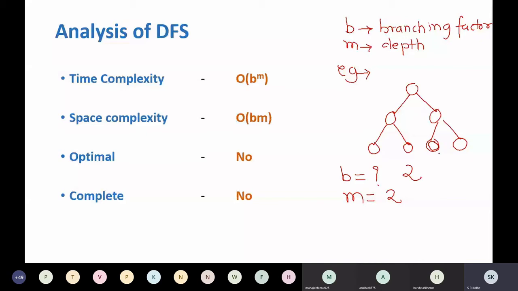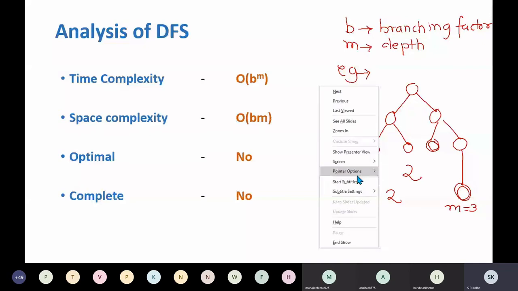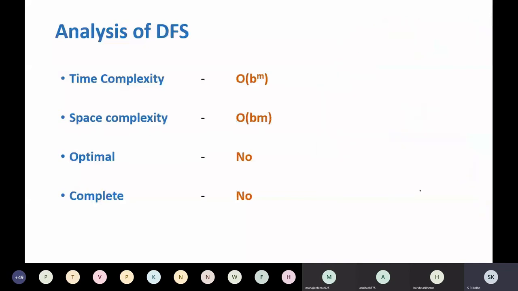But if the solution is somewhere here instead, then M is, sorry, 3. In this case M is 3. So this is what B and M mean. B is the branching factor and M is the depth at which the solution is found.